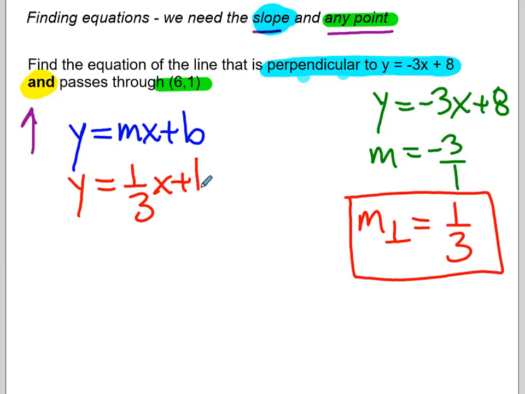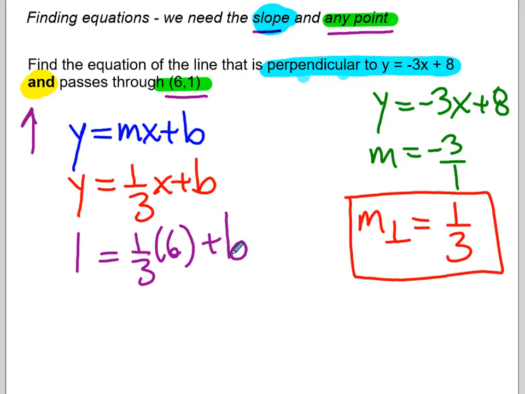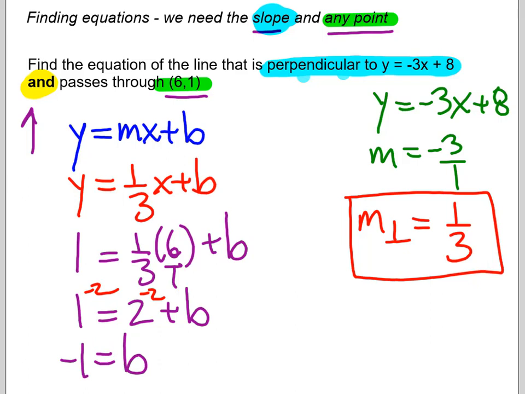Okay, and now I go back to the regular steps. Step 3, sub in the point and solve for b. Well, here's my point. So I'm going to put a y of 1. I'm going to put an x of 6. 1/3 times 6. You can put a placeholder there if you need to. So that becomes multiply across the top is 6, across the bottom is 3. 6 divided by 3 is 2. We subtract 2 from both sides, and we get -1 equals b, but that's not the equation of a line, that's just the b value, so